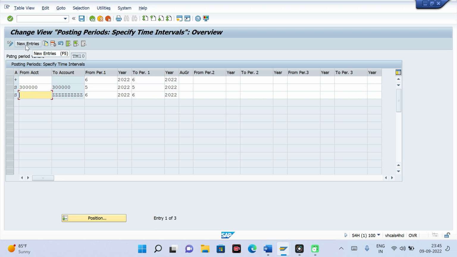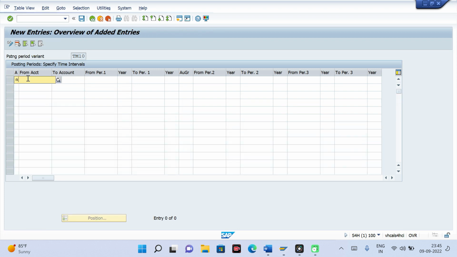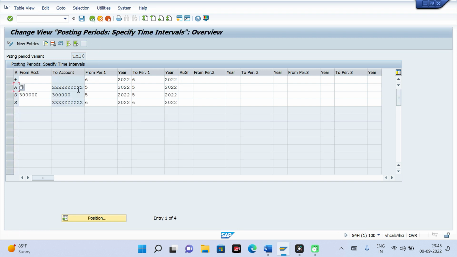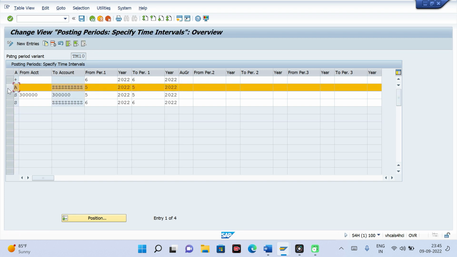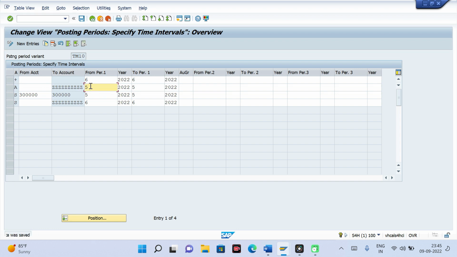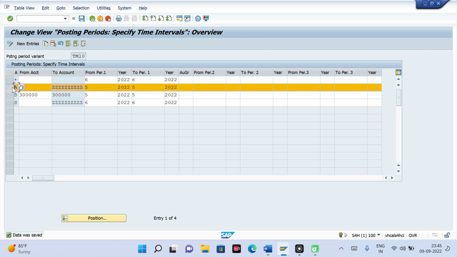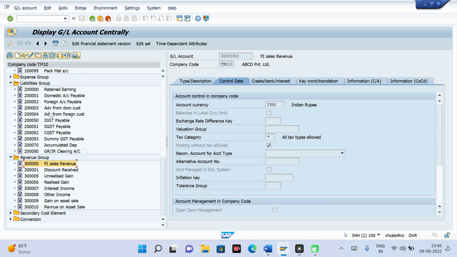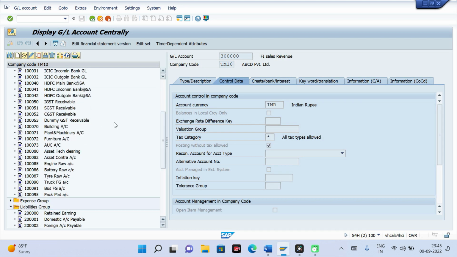Now let us see another scenario, asset cases. For asset, again in this also you give a range and you give period 5th 2022, 5th 2022. Now you are opening period 5th, and this will matter whenever you want to post to any asset related GL. Asset related GLs are those GLs which are created with this one.